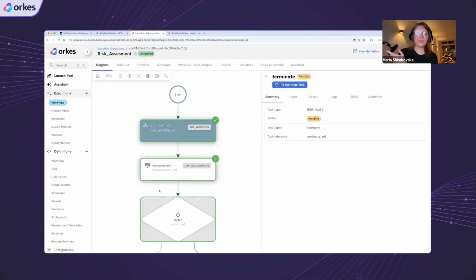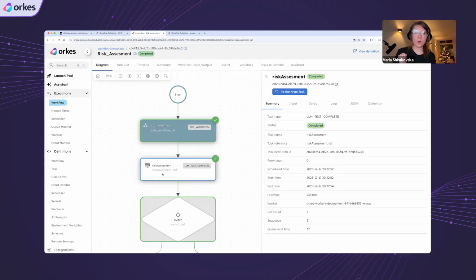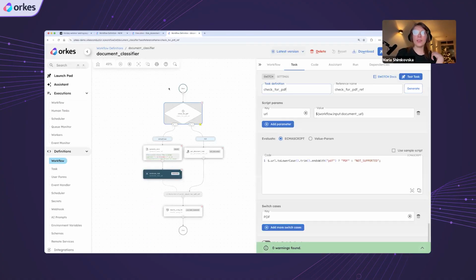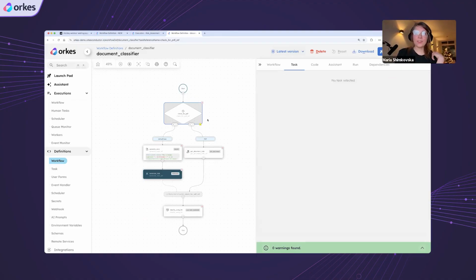You can plug in a bunch of sub workflows if that's what you want to do. You can have the next one be a sub workflow. If it's a complicated process, you can make that into a sub workflow as well. And so if I switch back to this task, what it does here